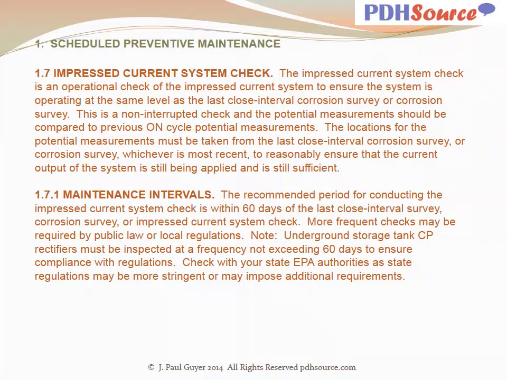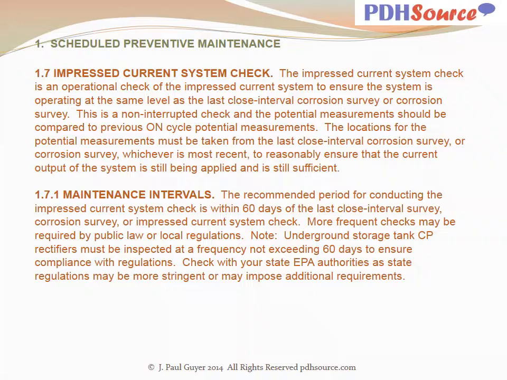The impressed current system check is an operational check of the impressed current system to ensure the system is operating at the same level as the last close interval corrosion survey or corrosion survey. This is a non-interrupted check, and the potential measurements should be compared to previous on-cycle potential measurements. The locations for the potential measurements must be taken from the last close interval corrosion survey or corrosion survey, whichever is most recent, to reasonably ensure that the current output of the system is still being applied and is still